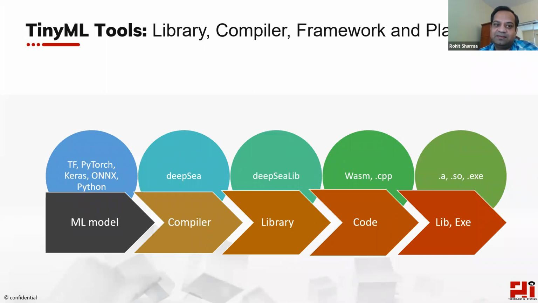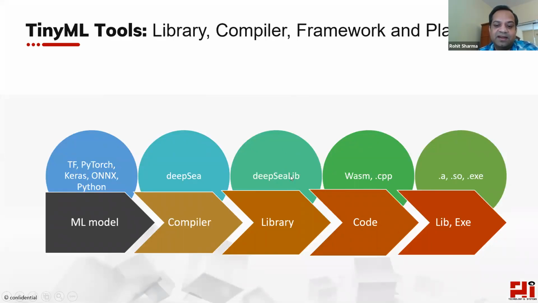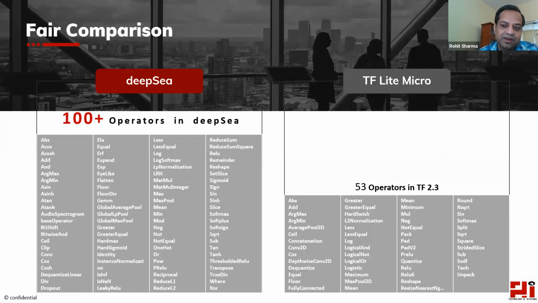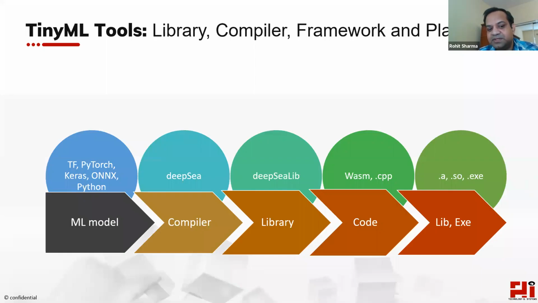So what do we have inside the platform? TinyML tools, right? We support all kinds of frameworks, including our competition: TensorFlow, PyTorch, Keras, ONNX, and even Python. You can take that and compile that. We provide a vendor-independent library, and if you have a vendor that has a library, we integrate that too. We can give you WebAssembly code, C++ code, or a binary, or a dynamic executable, or dynamically linked library, a DLL, or an executable. Currently, we are much better than the alternative, which is TF Lite Micro. Better on PCRAM comparison, as good or better on CPU time, much better on low power, much better on code size, and so on.